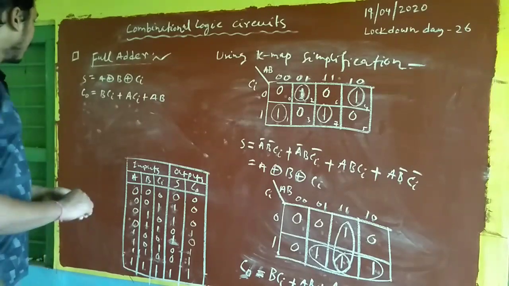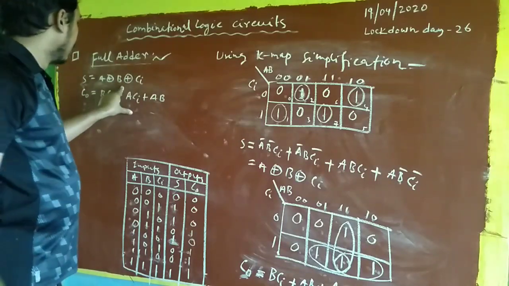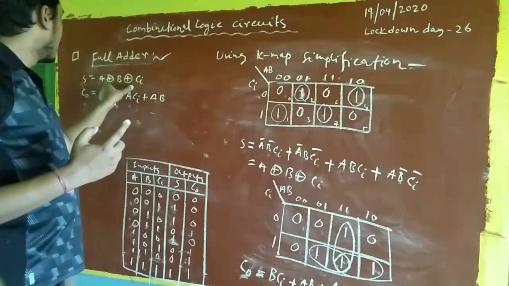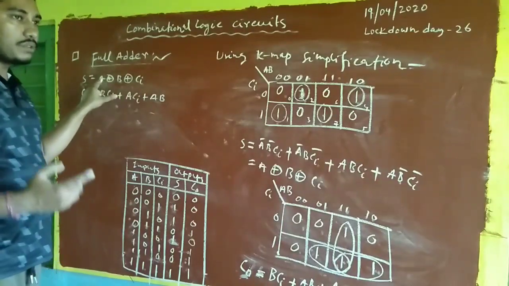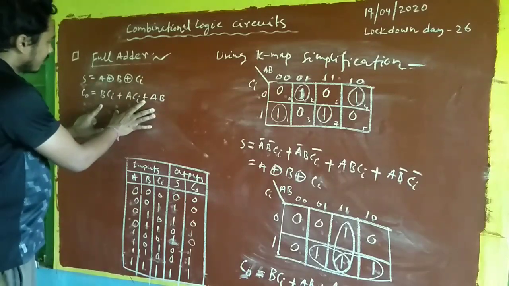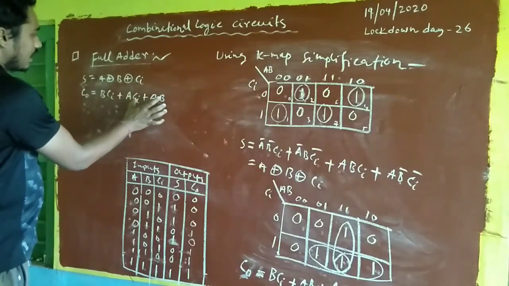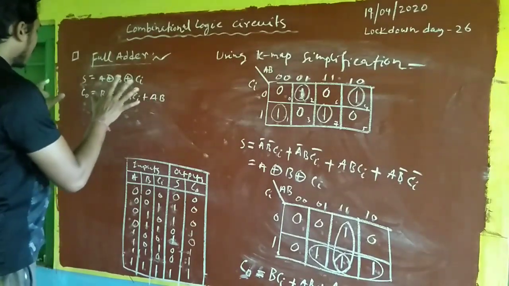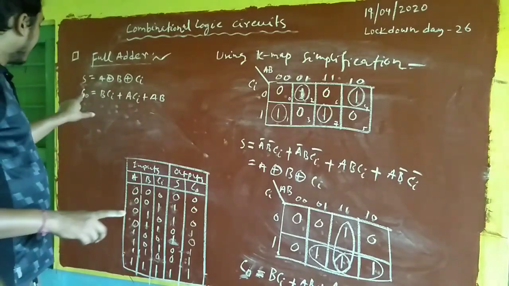using logic gates. Now if we check for the sum output, A XOR B XOR C, here using only one XOR gate, we can say using only one 3 input XOR gate, because here how many inputs are there? 3 inputs. So using only one 3 input XOR gate we can design this circuit. Now how many AND gates are required for C out? 3 AND gates are required, and to add these 3 product terms we need to use one OR gate. So by using 3 AND gates and one OR gate we can design this C out.